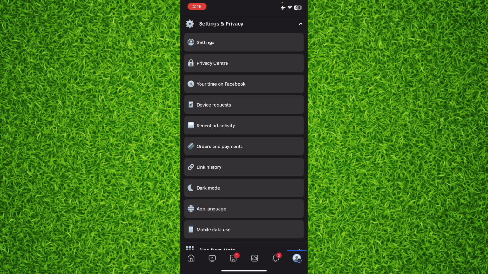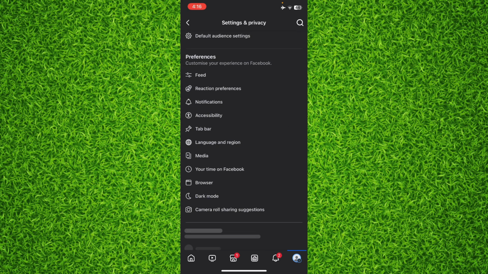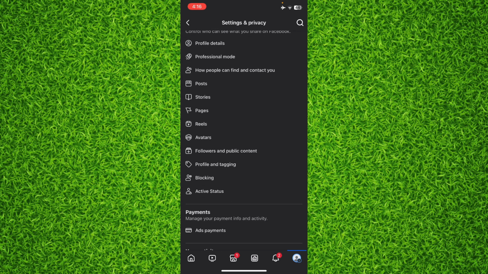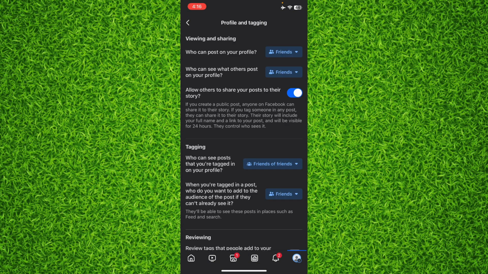Now once you're on this page you'll have to click on settings on the top, and after that you'll have to scroll down, and right in the audience and visibility section you'll be able to find an option of profile and tagging. You'll have to tap on it, and make sure to watch the video till the end so you don't